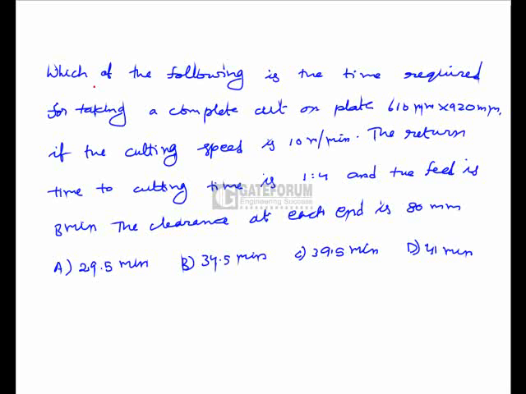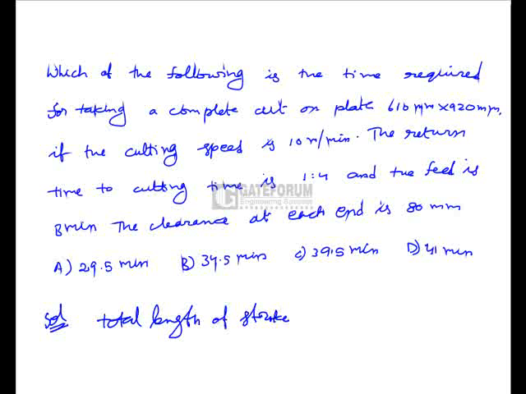What is the time required for taking a complete cut on a plate 610 mm into 920 mm, if the cutting speed is 10 meters per minute, the return time to cutting time ratio is 1:4, and the feed is 3 minutes? The clearance at each end is 80 mm. So here the total length of the stroke is given by 610 plus 80 plus 80, which is equal to 770 mm, and the cutting time is equal to